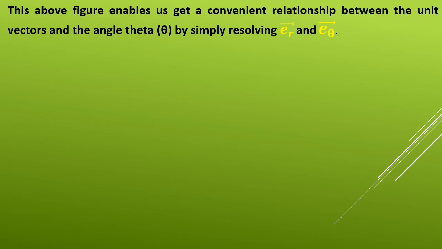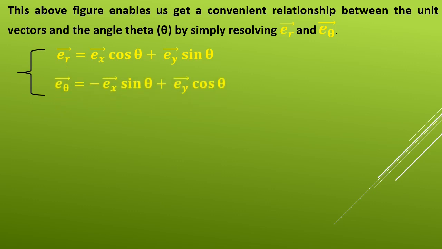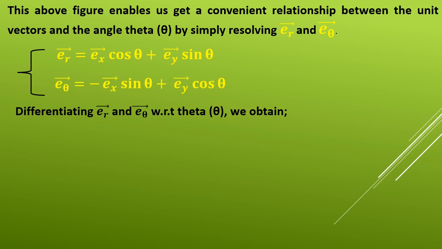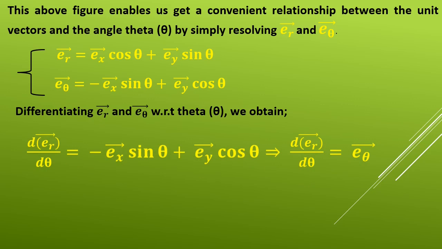So now, the above figure enables us to get a convenient relationship between the unit vectors and the angle theta by simply resolving ER and E theta. When we resolved ER and E theta along their horizontal and vertical components, we obtained our ER to be equal to EX cos theta plus EY sin theta, and our E theta to be equal to negative EX sin theta plus EY cos theta. So differentiating ER and E theta with respect to theta, we obtain